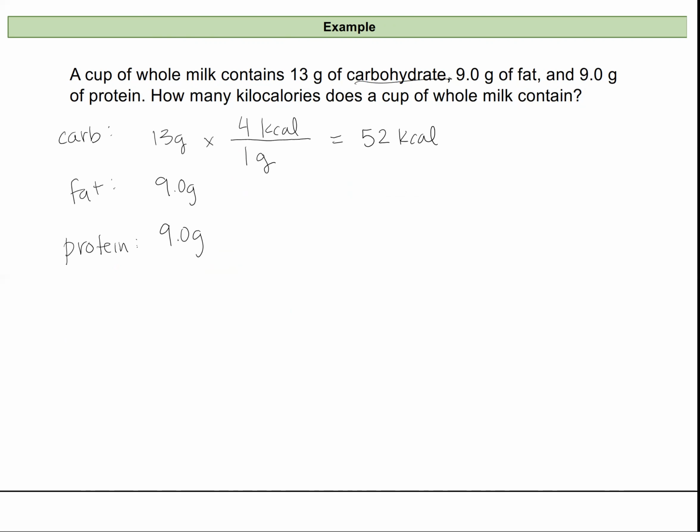So for our 9 grams of fat, we actually get more energy from 1 gram of fat than we would from 1 gram of carbohydrates. We'll get 9 kilocalories for each gram. And so that should give me 81 kilocalories of energy from the 9 grams of fat in the milk. And then for protein, again, we get less energy. We get 4 kcals, just like our carbohydrates, for every 1 gram. So that's going to give us 36